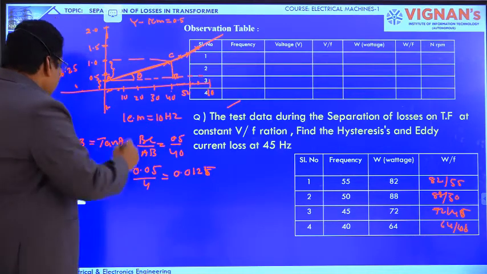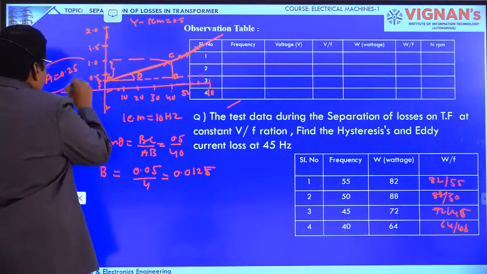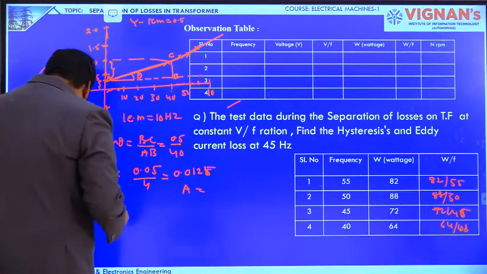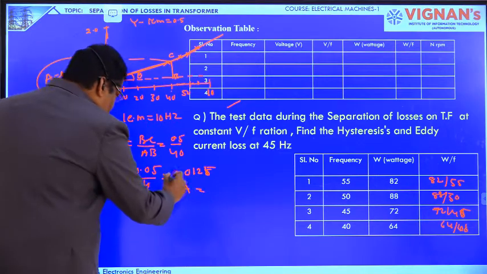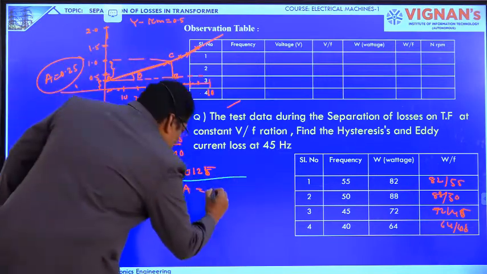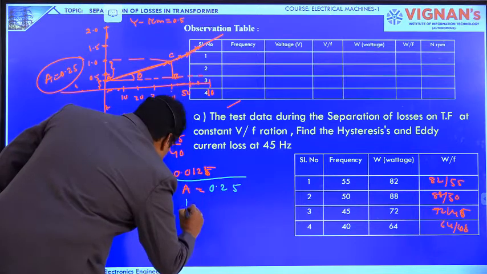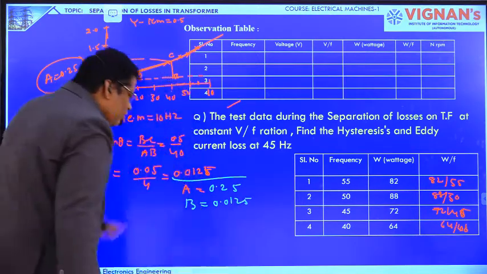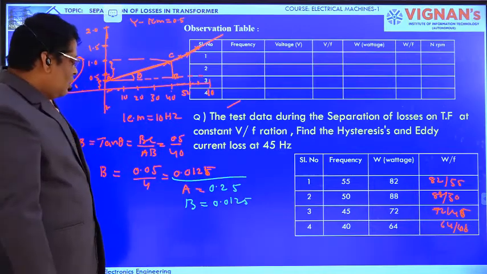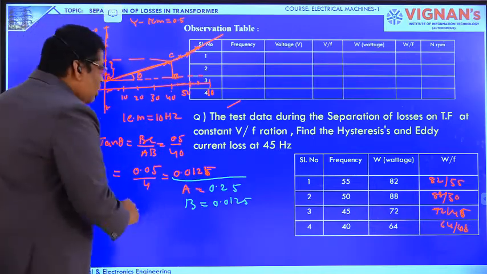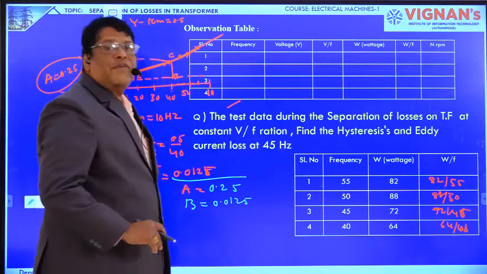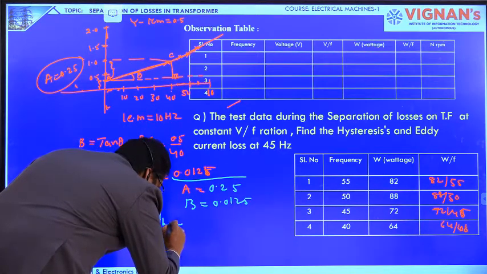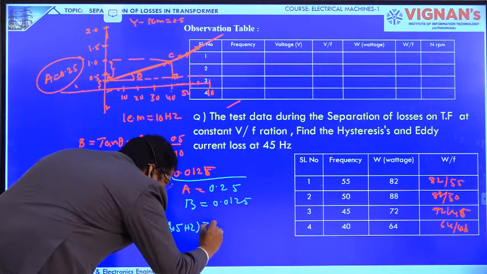So we know the value of A. Now separately we write A equal to 0.25, whereas B equal to 0.0125. We got the constants from this experiment. Now the hysteresis loss, where do you have to find it? At 45 hertz. The hysteresis loss at 45 hertz, in brackets, is equal to A